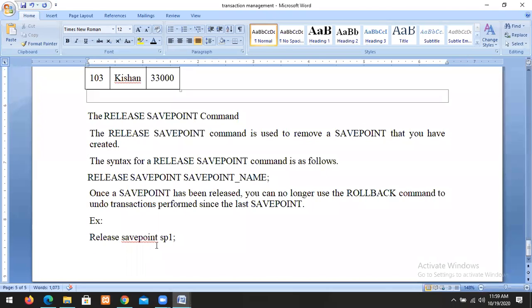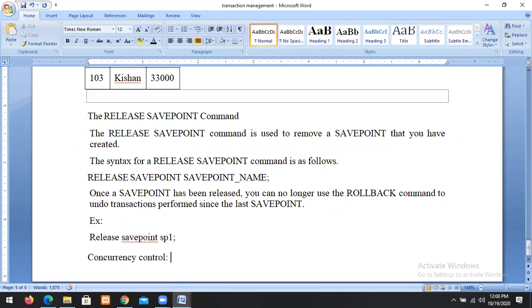Now we go for concurrency control. What is concurrency control? The concurrency control mechanism is used to access a database item by more than one transaction without any inconsistency.